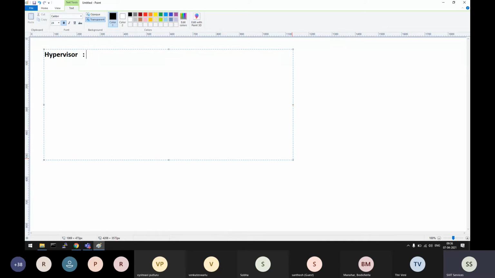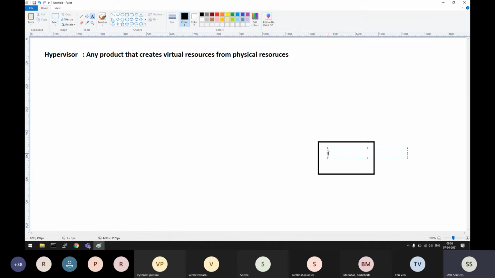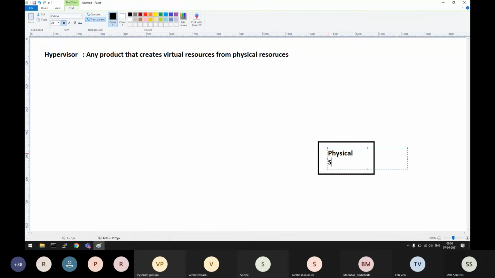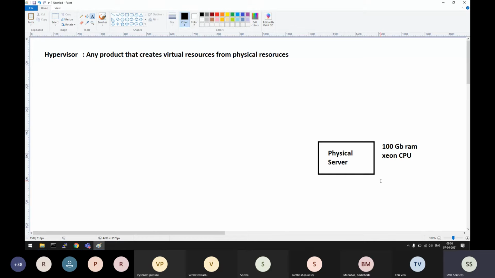Next thing we should know is the hypervisor.